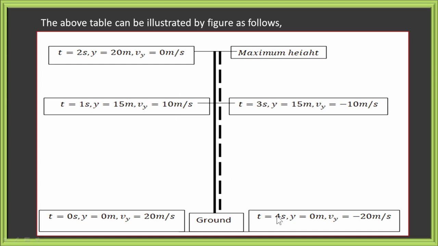And after 4 seconds, y is 0 meters. 0 meters indicates that it has returned back to where it started. vy is negative 20 meters per second. Look, we have thrown it with a velocity of 20 meters per second, and also the object returned back with a velocity of 20 meters per second. This is upward,